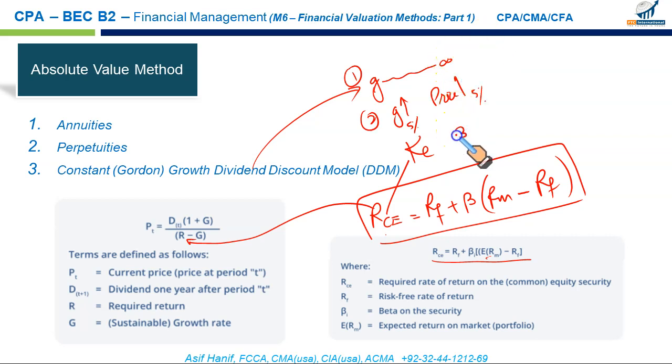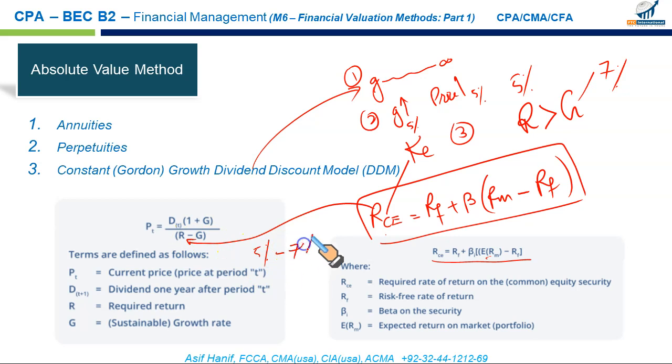This is questionable. And the third assumption, which is a very valid one, of course, is that your denominator should always be positive, meaning that your required rate of return should always be greater than the growth rate, otherwise this model will fail. Let me tell you how. Let's say your required rate of return is 5%, whereas the growth in the dividend is 7%. Now look at what you will have here. R is 5%, 5% minus 7% will give you a negative denominator, which means the price of the stock is negative. This is mathematically impossible. So for this model to work, your required rate of return should always be greater than the growth rate.